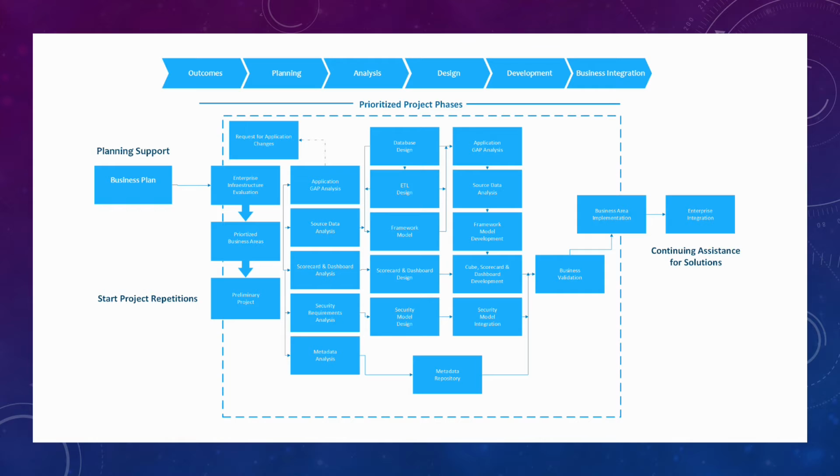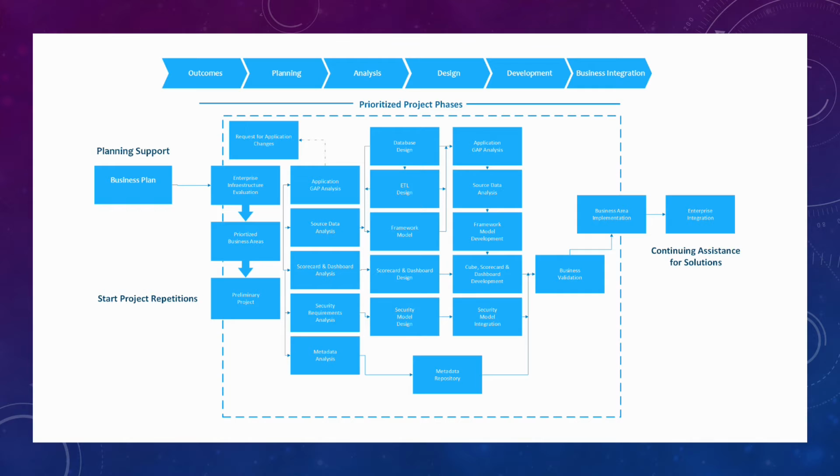In planning support, like the business plans, I detect the enterprise infrastructure evaluation, which prioritizes business areas, and then the preliminary project. All these areas are connected to the applications analysis, source data analysis,